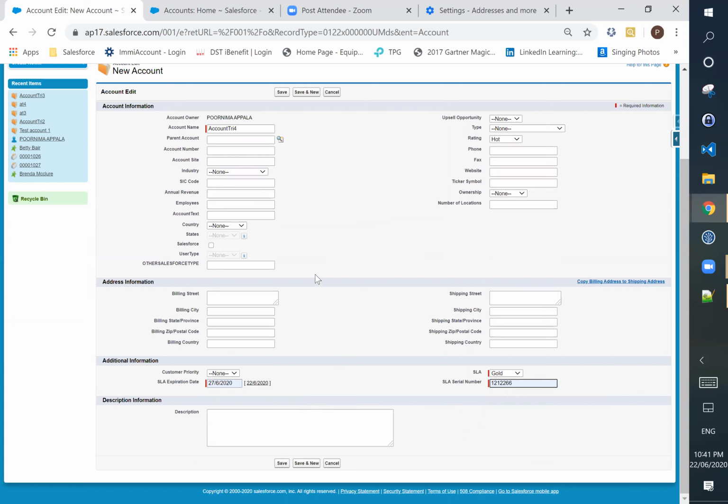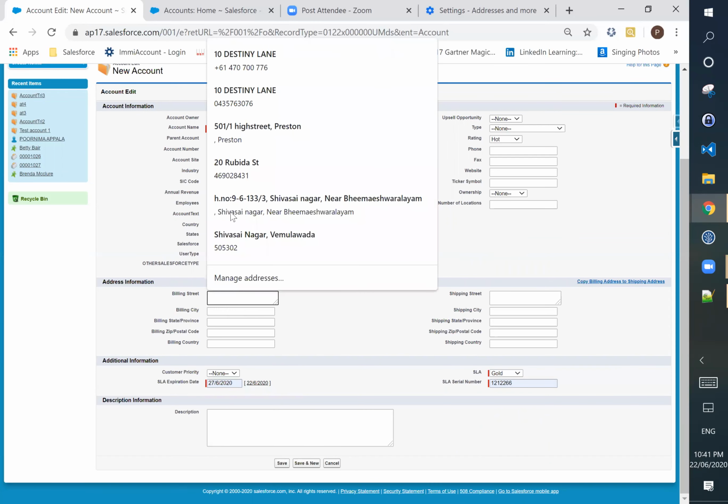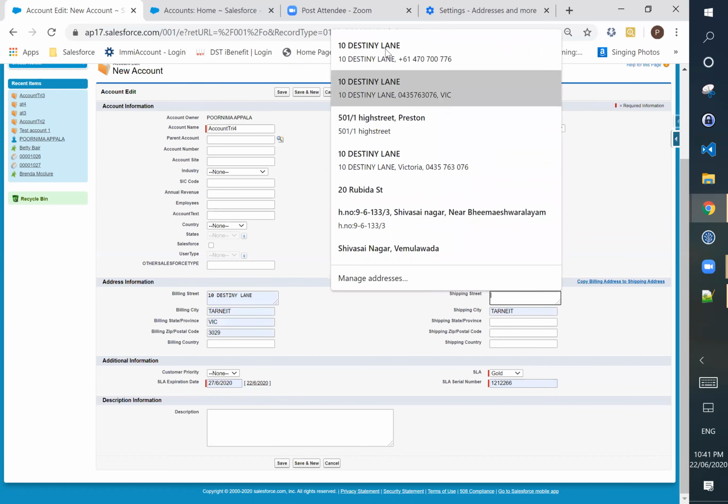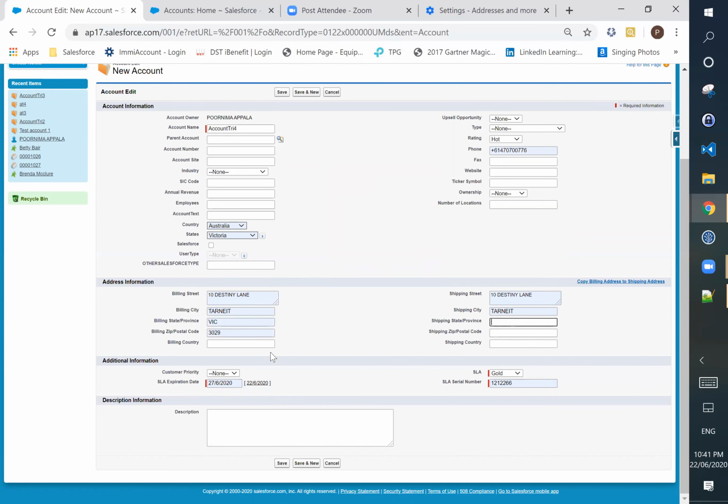Give shipping street. Shipping street. Not here. Not in billing. Remove the billing. Make it blank.